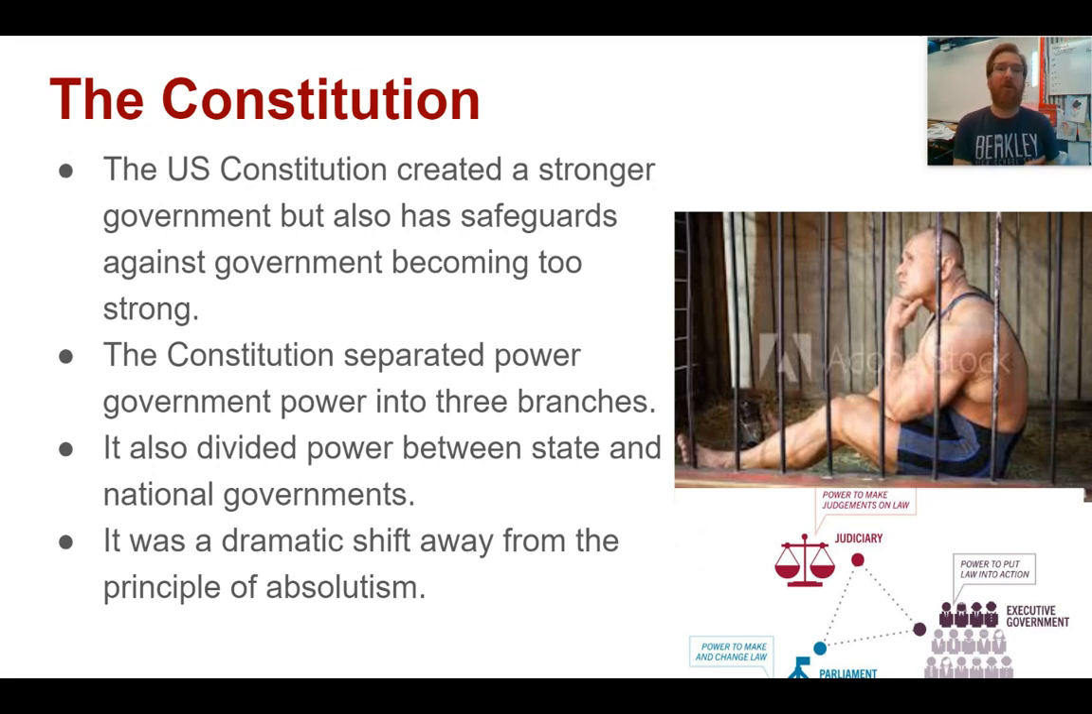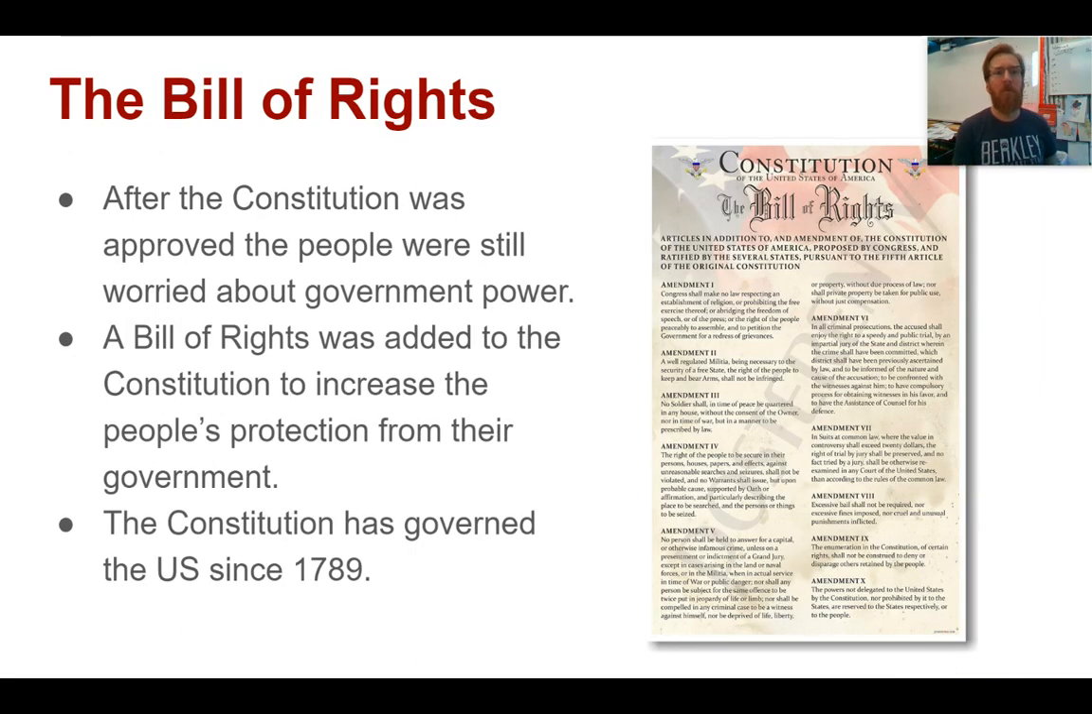Now, this winds up being a dramatic shift away from what we've seen in Europe through the 1700s, which is increasing shifts toward absolutism and the absolute authority of the monarch. The United States wanted to go in the polar opposite direction. One last thing that they put in place to limit the power of that government was a Bill of Rights,